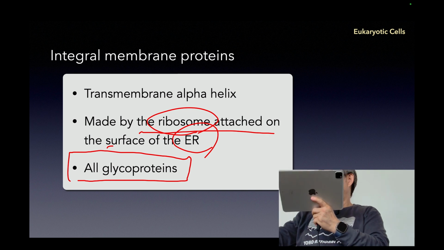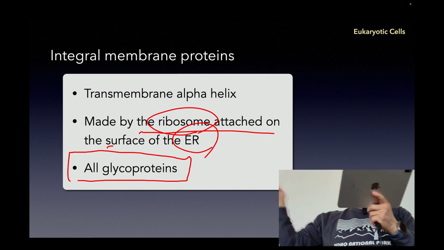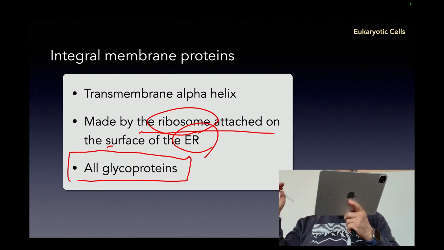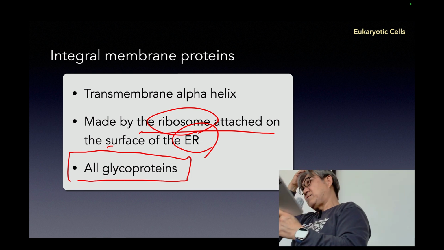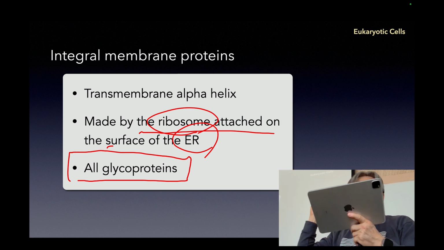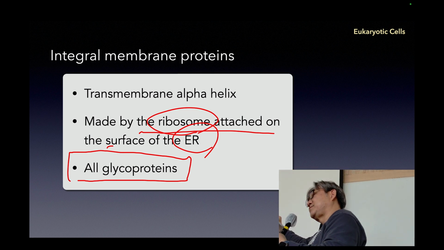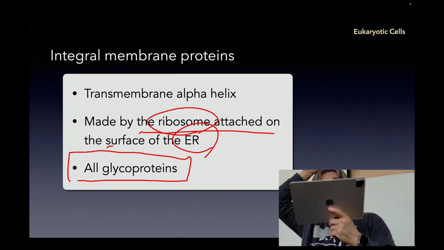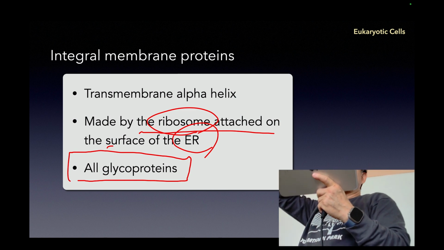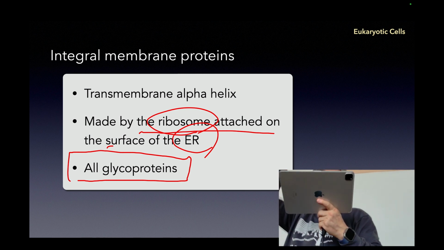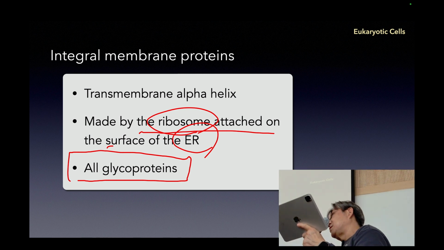Try to connect. They are all the integral membrane proteins, and all the integral membrane proteins have this carbohydrate on the surface. Why? And what's the function of this carbohydrate? Recognition. So this carbohydrate attached on the protein itself, on the cell membrane, serves as some kind of a signal or identification